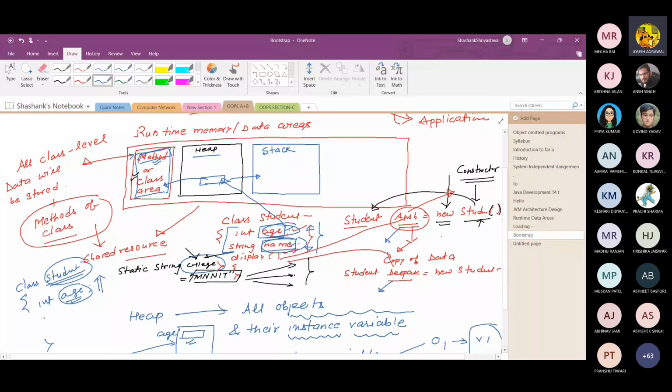If you declare string name, memory is not required in that case either. Memory is created only when you create the object. But in the case of methods, it is not the case that every object has its own method, because the method is the same. The method, the property of student, is the same.